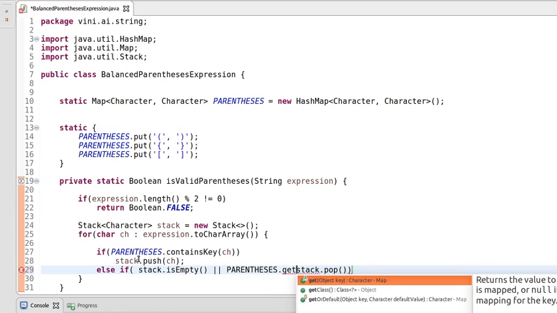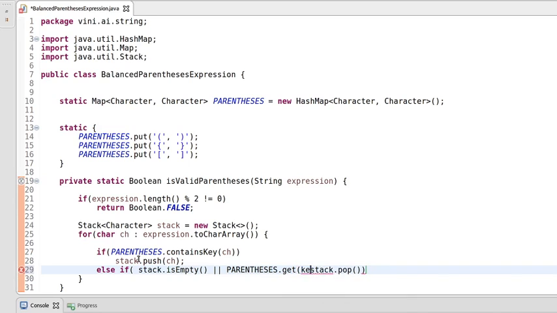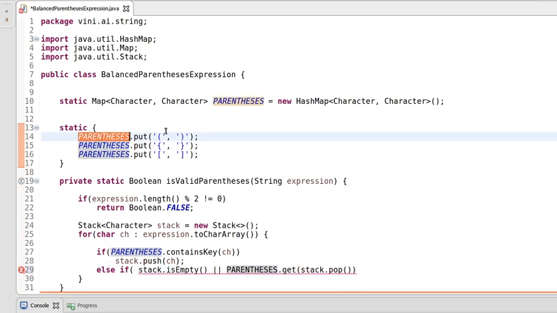This get method of the map is expecting a parameter as key, and stack dot pop will return us a key of the parenthesis map, so based on this key we'll be getting the corresponding value.